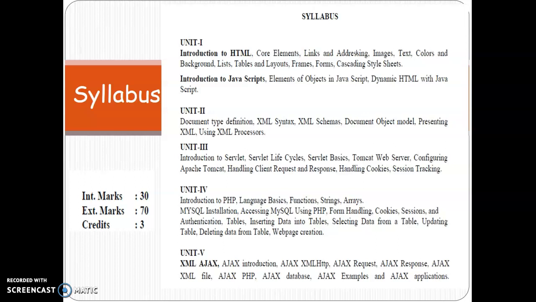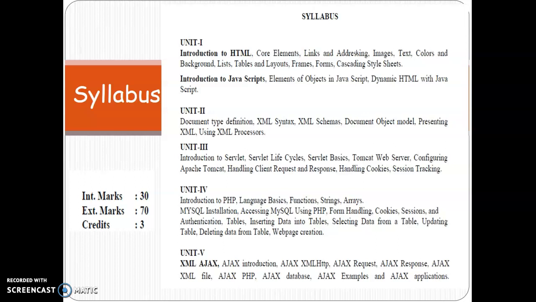The syllabus of web technologies: the first one is Introduction to HTML, Hypertext Markup Language. Here the core elements, lists and tables, and then dynamic HTML with JavaScript.